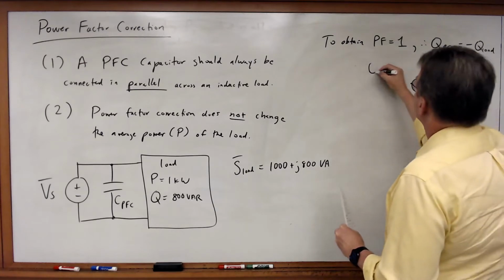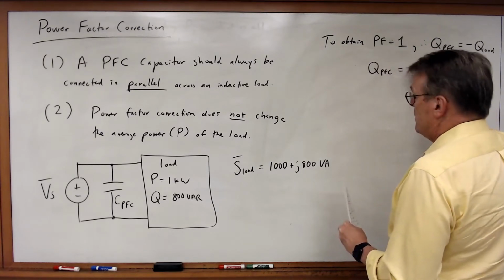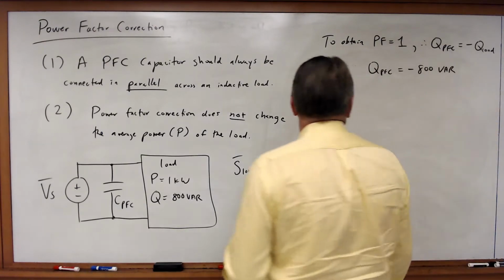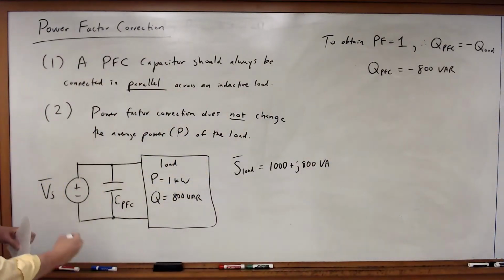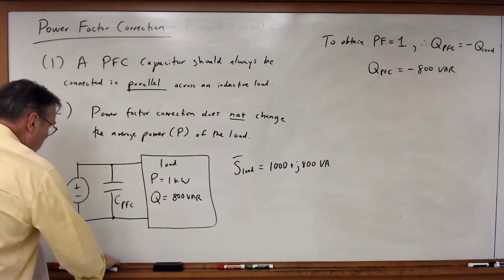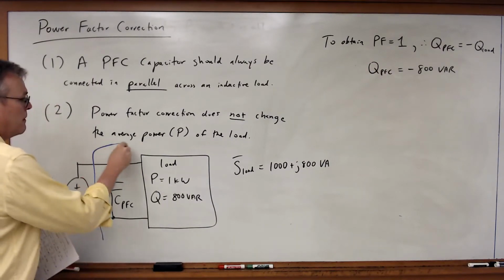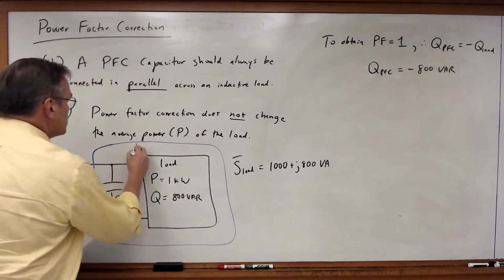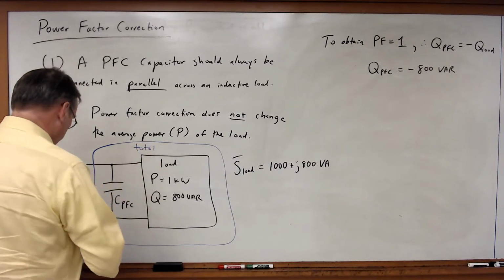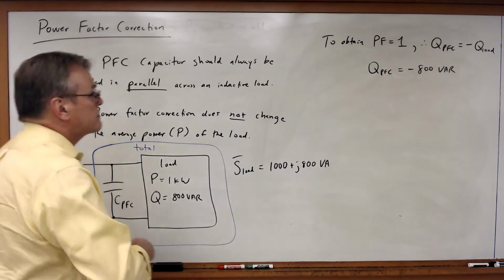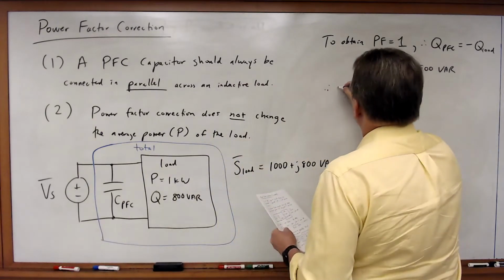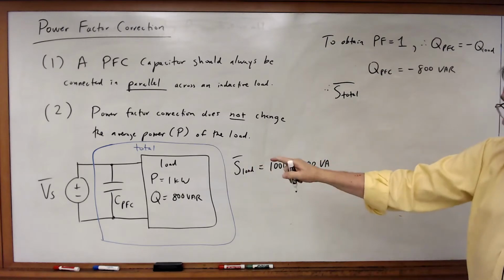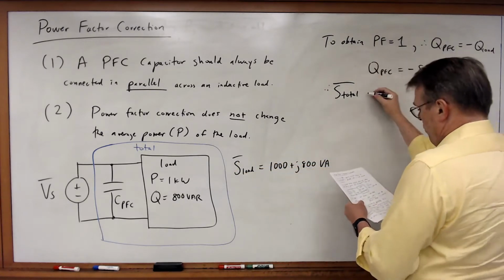In other words, QPFC must be equal to minus 800 VARs. And if I look at the total complex power of the power factor correction capacitor plus the load, then what I'm going to get is that S total, the complex power combined of the capacitor plus the load, will therefore be equal to